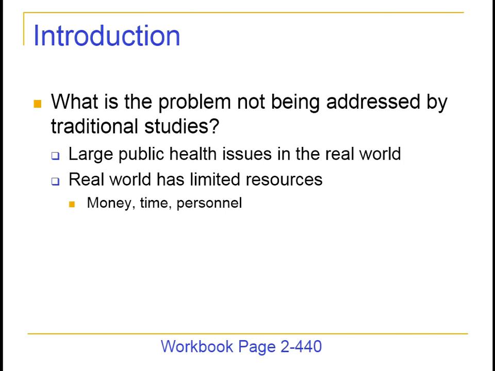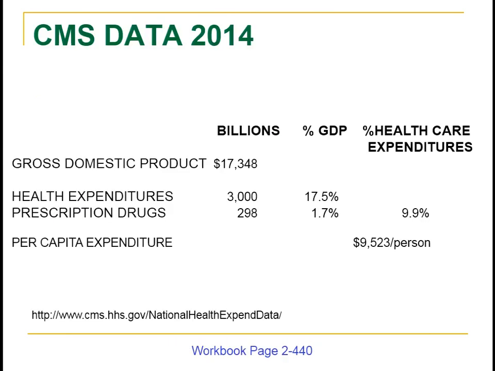So what is the problem not being addressed by traditional studies? What we're talking about here are clinical studies. And there are large public health issues in the real world that aren't being addressed by these studies. And the real world has limited resources, especially money, but also time and personnel. Just as an example, in 2014, the gross domestic product of the United States was somewhat over $17 trillion. Of